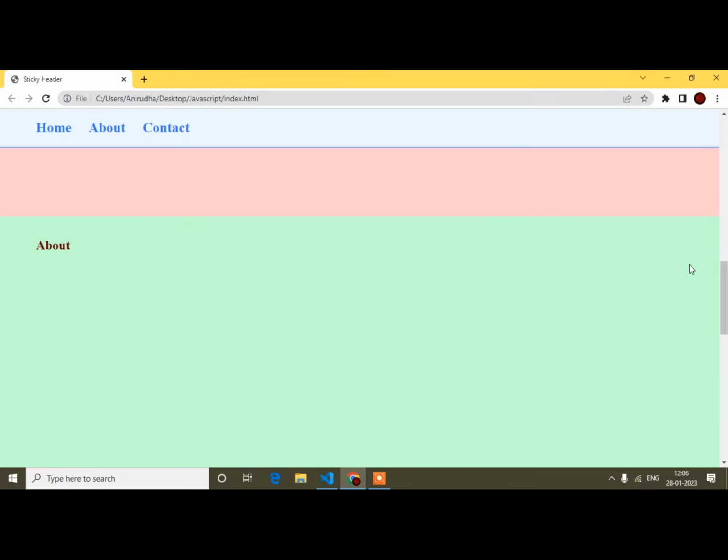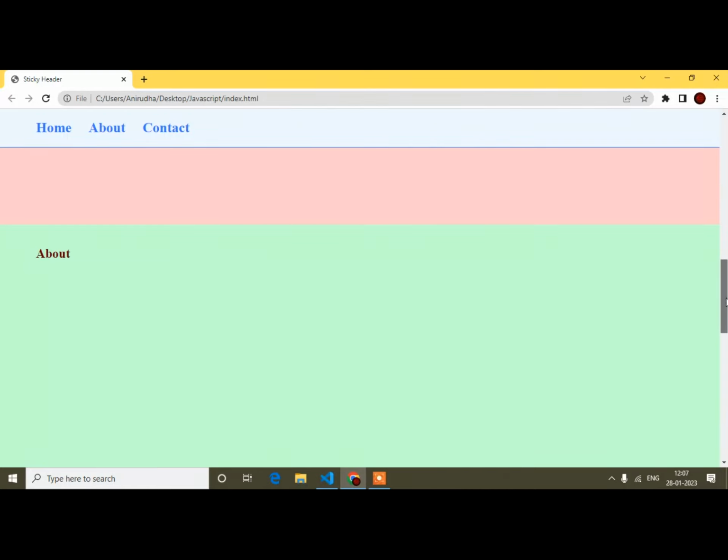Suppose home: it is now less than. When the home section is in this position, the top is less than our bottom, but when it increases, the bottom position increases from our top.